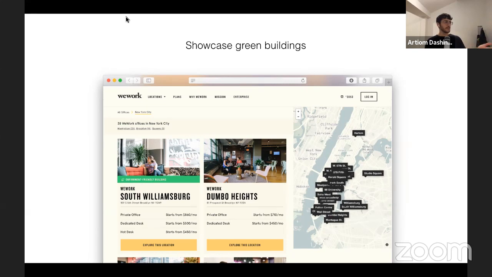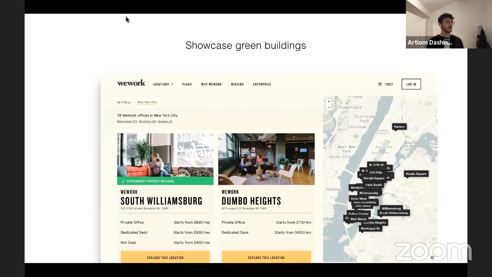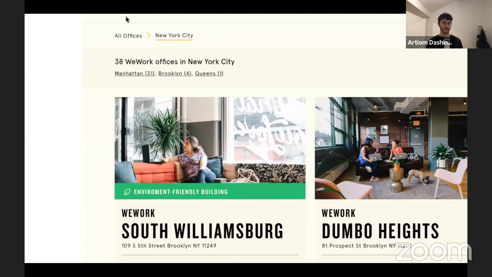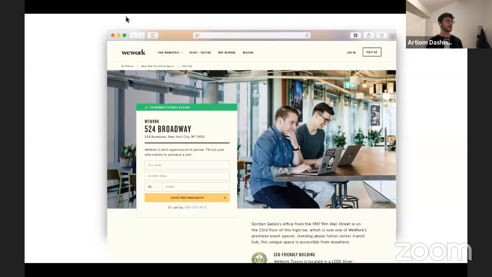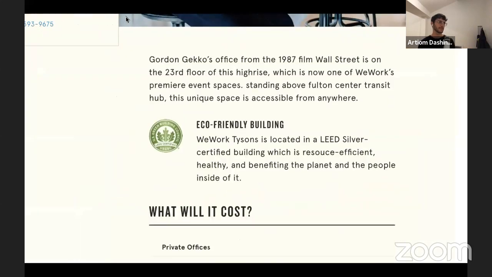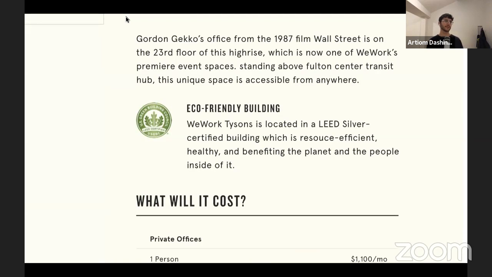So this is how it could look on the list of their buildings, and inside the page of the building, they could also mark it as a more environmentally friendly building and provide some context, some explanation of what an eco-friendly building actually means.